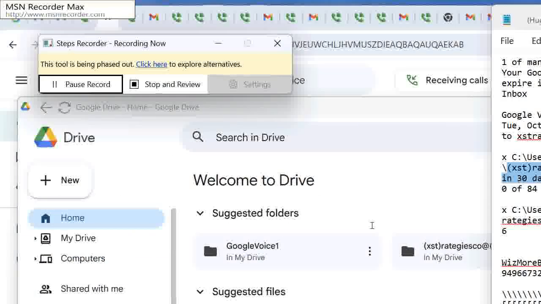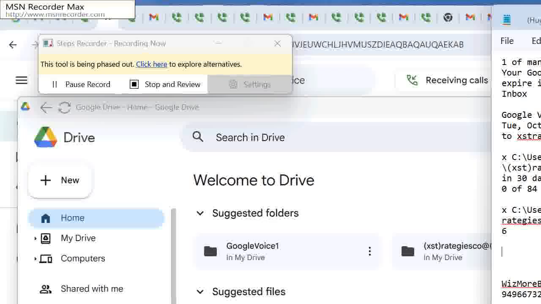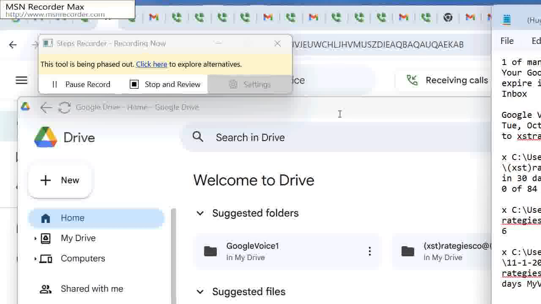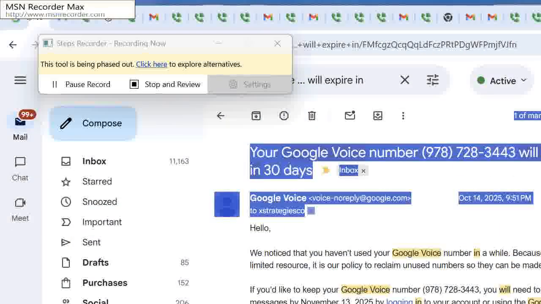Exactly. So now I'm ready to paste the new file name in my notes. Control V, and then prefix it with an X and space to tell myself that I saved it on the local psar.exe subfolder. That's a smart way to make a note of where you've saved the file. Prefixing it with an X and space will clearly indicate the location in your notes.